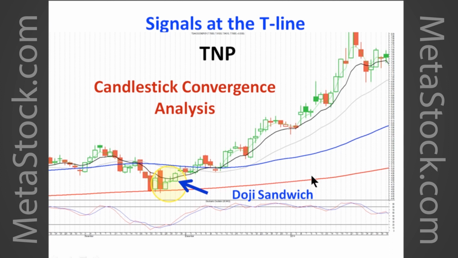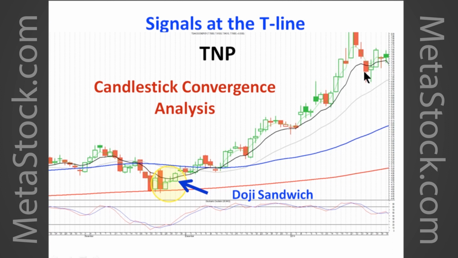The moving averages that I have on my charts is the 200-day moving average. This is the red, that's simple. The 50-day simple moving average, and the gray line is the 20-day simple moving average. The reason we have these on our charts is because every major money manager around the world uses those moving averages to make their decisions about their portfolio. The black line is our T-line. Very simple. If we see a buy signal and a close above the T-line, we stay long until we see